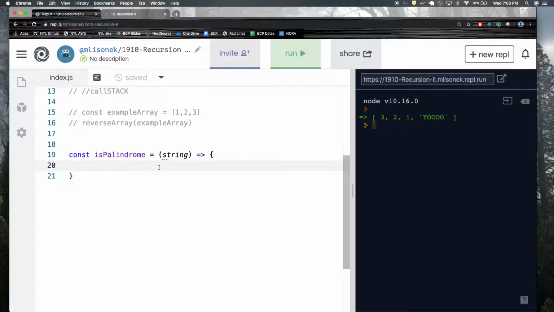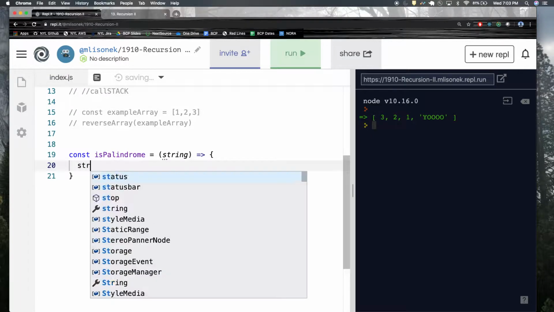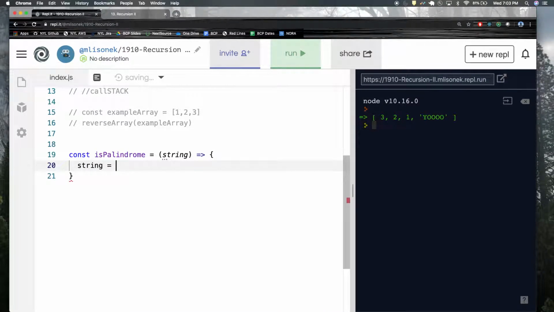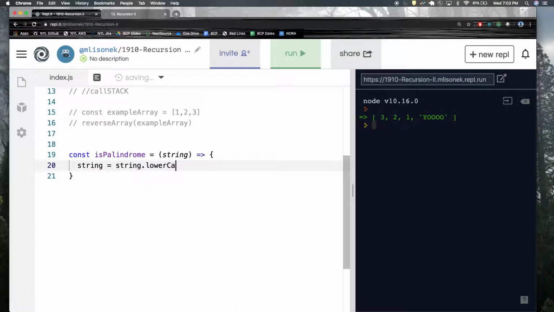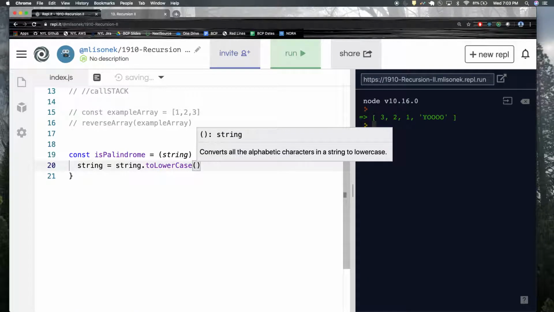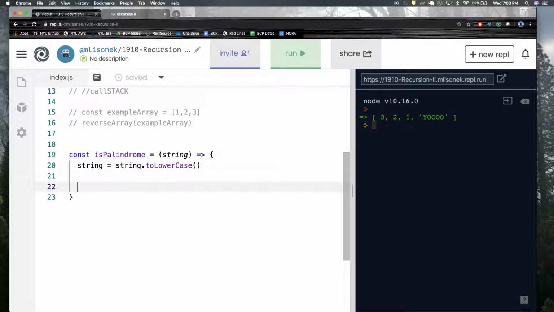So because uppercase and lowercase doesn't matter, we can automatically reassign string to string dot toLowerCase and invoke that. That can be step one. We remove checking for cases immediately by reassigning the input. Okay? So, now,